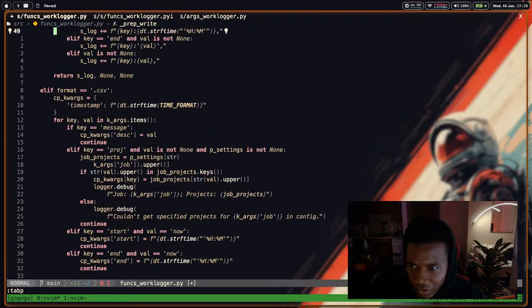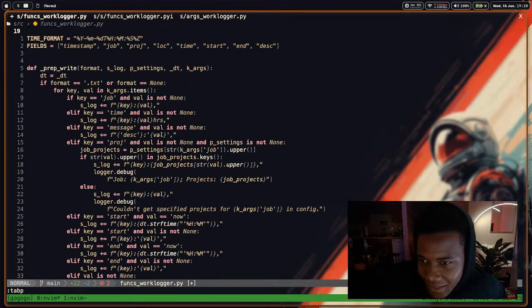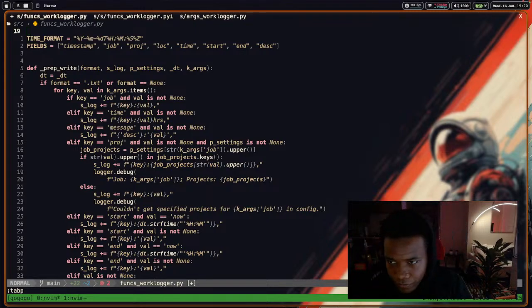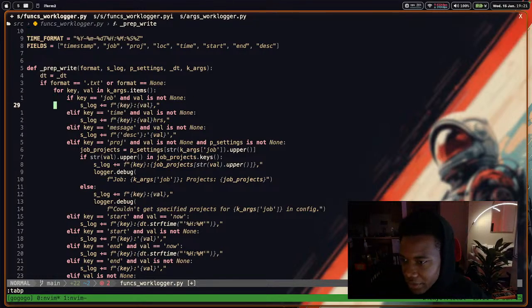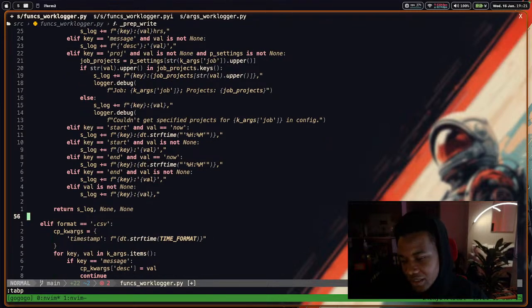You actually know what? I don't think I really have to do anything. Since JSON takes in a dictionary, I don't have to do anything. I can just pass it through. I see what I see. So string log, I don't need. What am I formatting? What am I returning? I don't really care about what I'm doing here. So when it's a text file, I'm just returning a string representation of what the log will